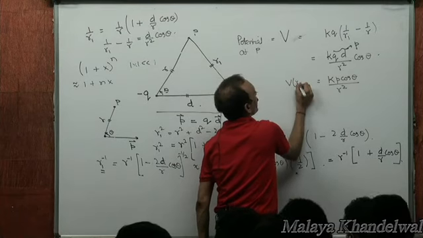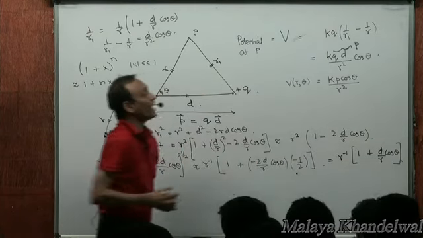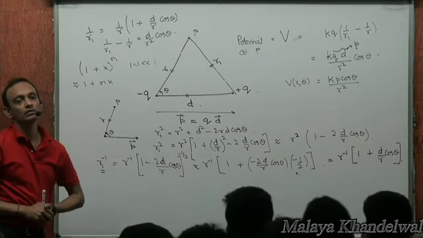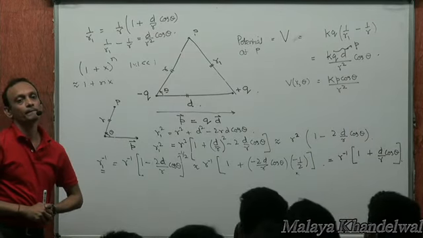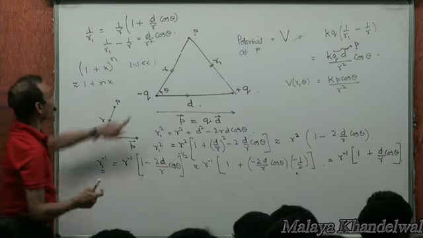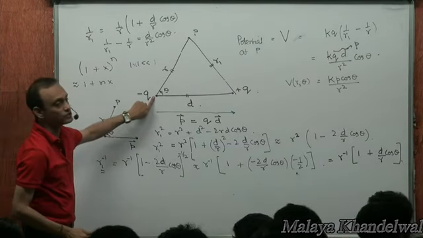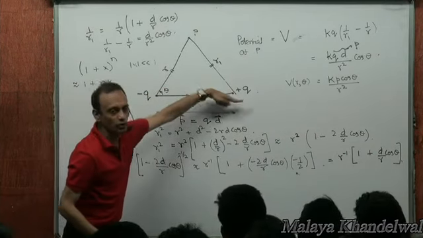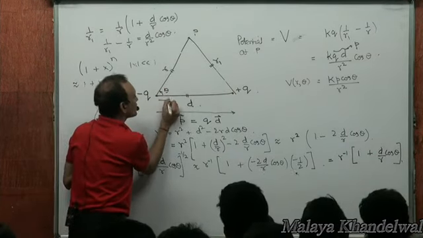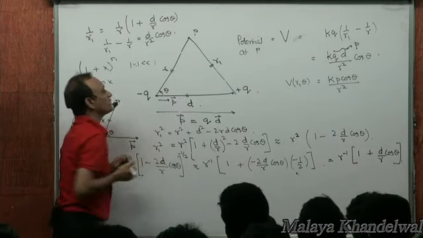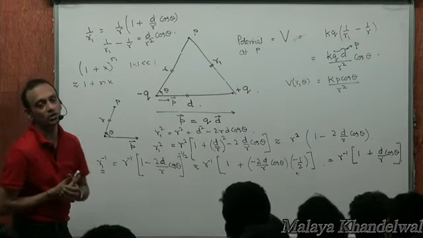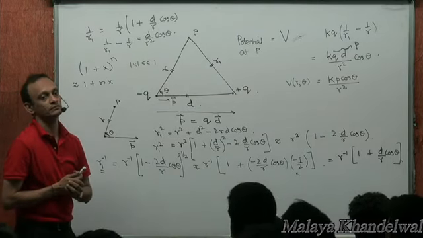That's the potential at r, theta. Kp cos theta by r squared. Yes or no? Given r and theta with respect to the negative charge, theta is the angle that r makes with the dipole moment vector. The dipole moment vector is like this, from the negative to the positive charge. Then the potential at that point is given by Kp cos theta by r squared.